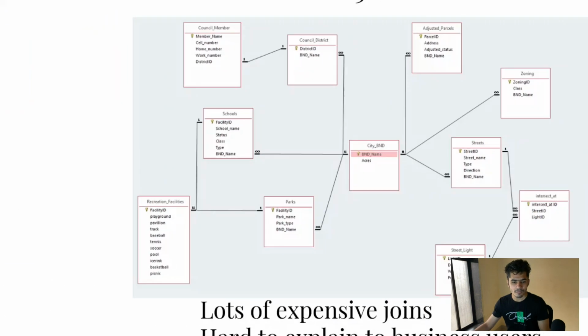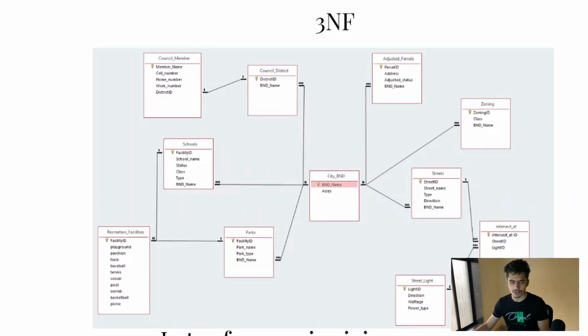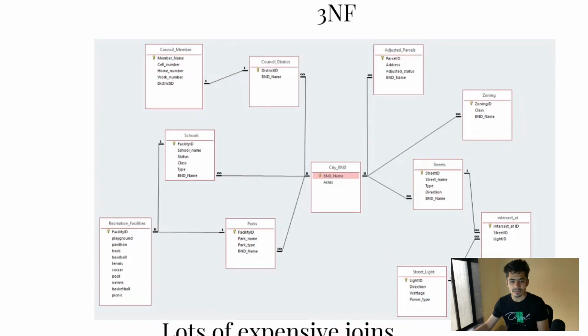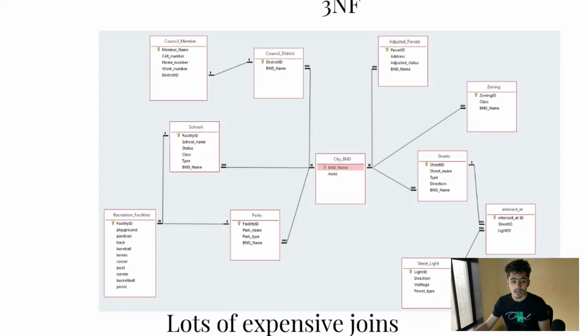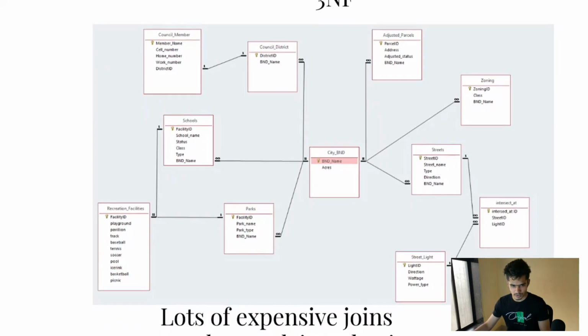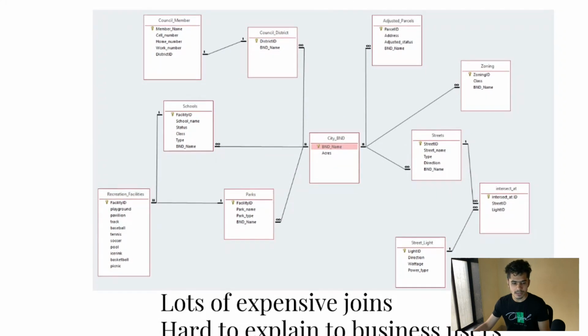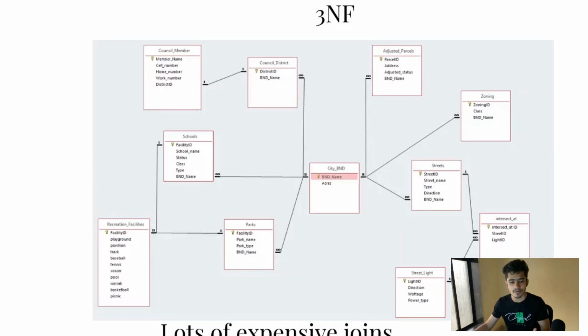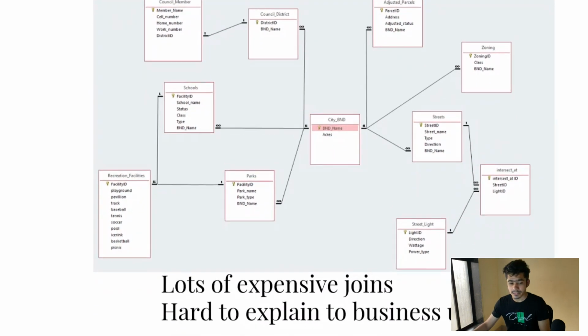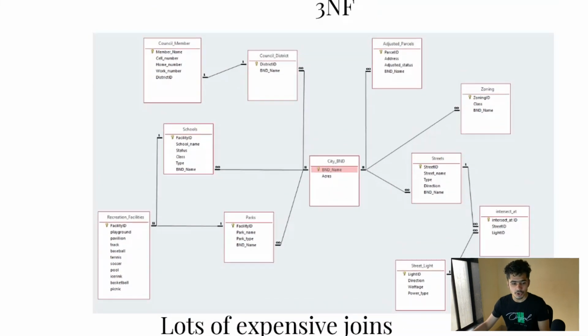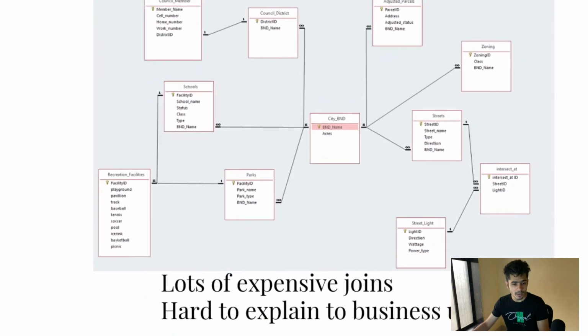Now we have this relational data model. If you don't know the data model, you can watch the data model series. We have this in 3NF, okay? We're going to talk about 3NF in the future, but just understand that data is spread across multiple tables. So let's say if you want to get some kind of business logic from this particular graph, then it will be really expensive joins, because you will have to join multiple tables that are spread across different locations in order to get the final outcome.